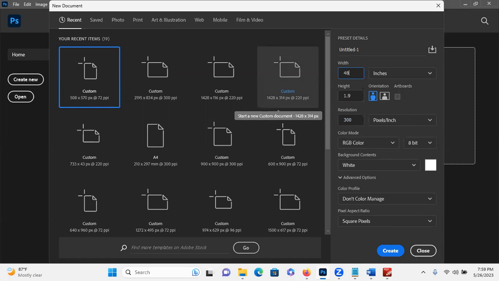48 inches and 32, 36, right? 36 of height. That is from inches. Again, resolution you must set to 72. That is the optimized value